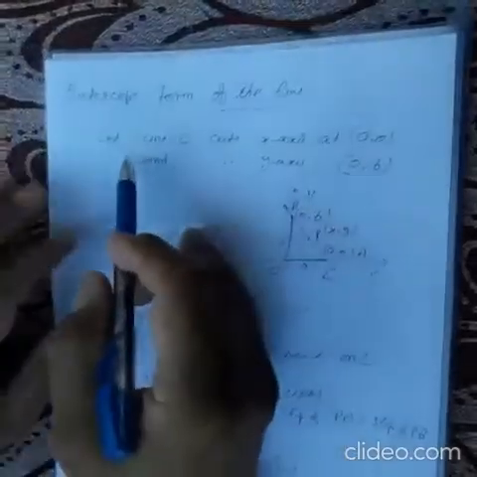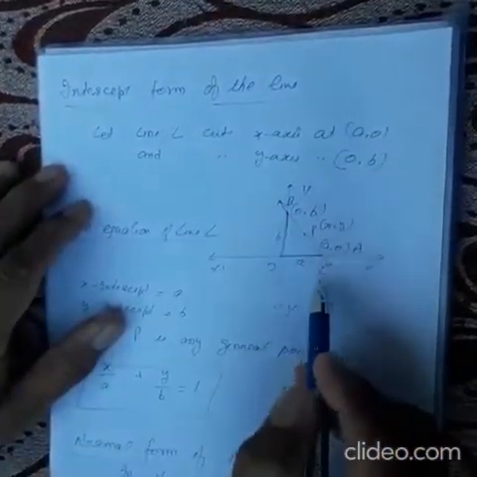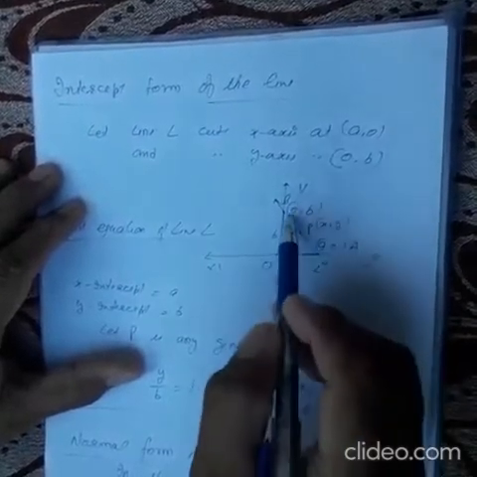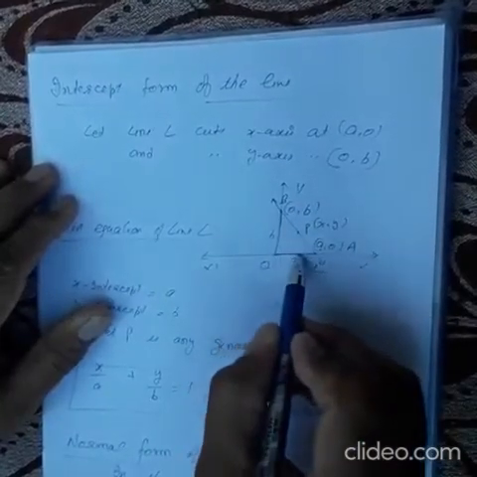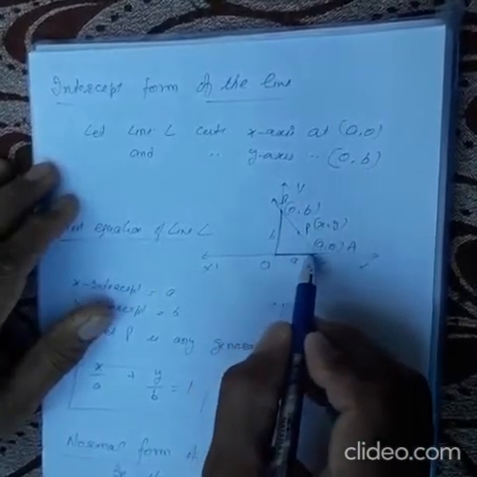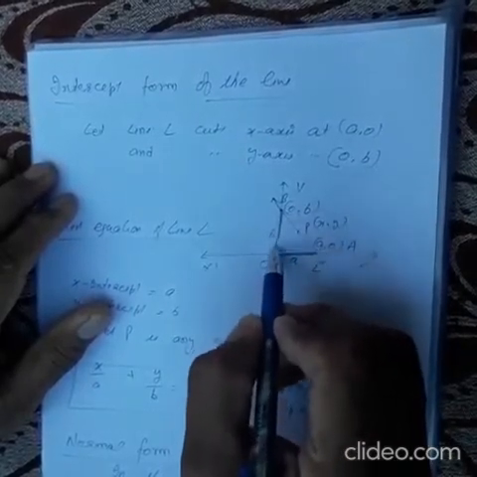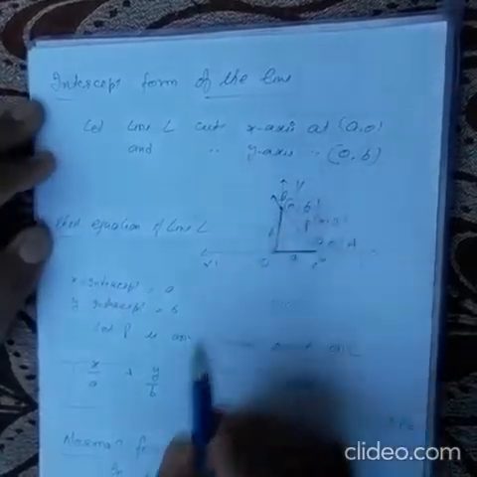Now, the intercept form of the line. Consider this line, this is line L. The coordinates of this point are (a, 0), the coordinates of this point are (0, b), and we know this is the x-intercept. So the length of the x-intercept is a. This is the y-intercept, and the length of the y-intercept is b, because we are given the coordinates. In that case, the formula will be,